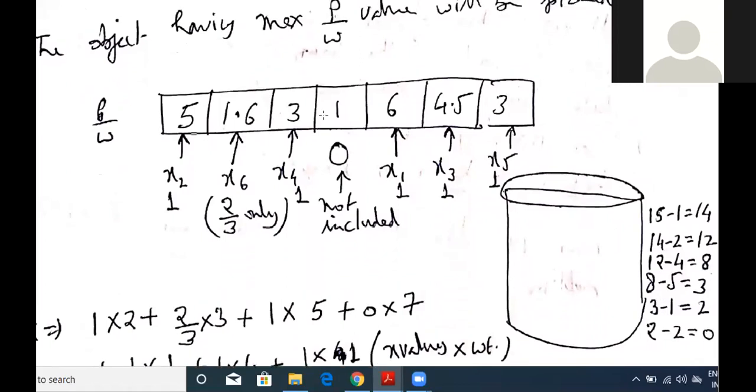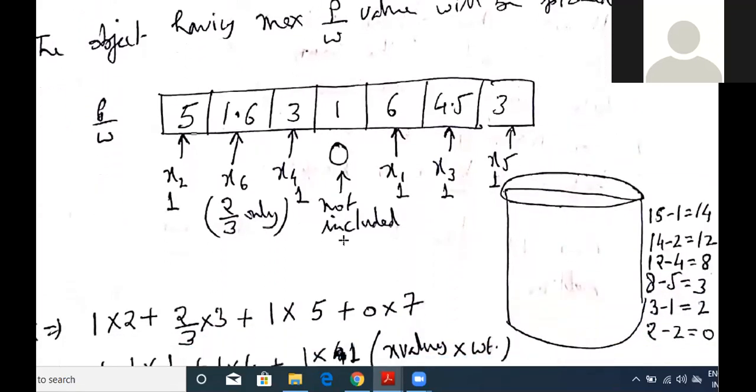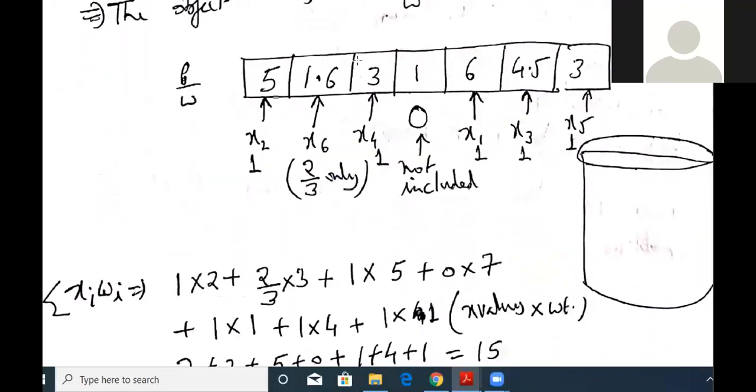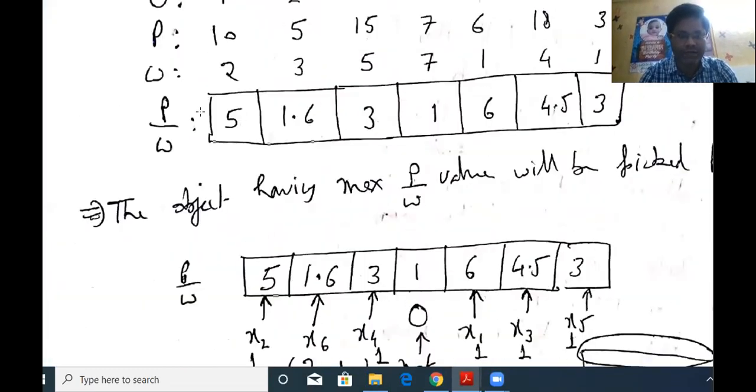So this item is to be picked up next, but since there is no knapsack capacity, I have not included it. Okay, so for all x values where we have picked our item, I have written 1, and for all the places where we are not able to pick the item, I have put the 0 value. So let us see how to calculate our profit and weight ratio. First we have to calculate the summation of xi into wi values. So xi values are either 1 or 0, and wi values are the weight values that are given here.